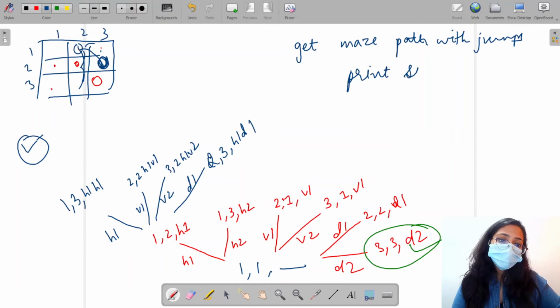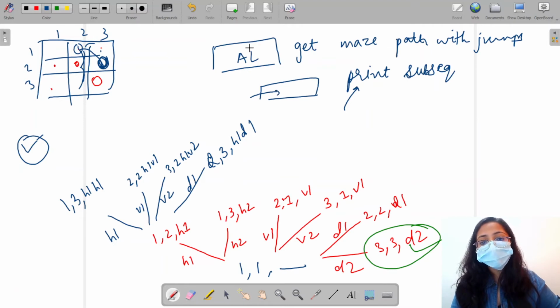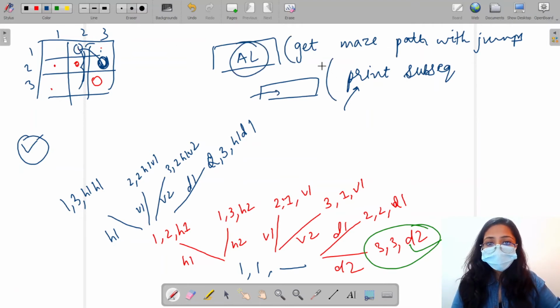Get maze path with jumps will help you to understand what the question is asking us to do, and in that we used array list. The change is that we are using the logic of print subsequence because it allows us to directly print the path instead of using the array list. So these two questions will act as prerequisites.